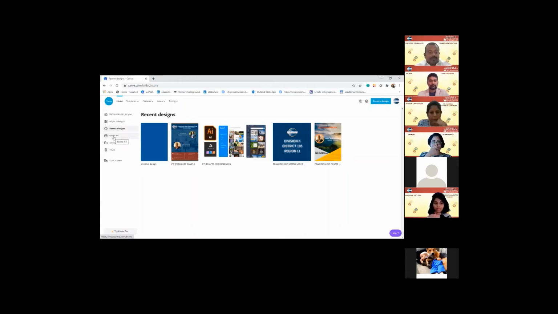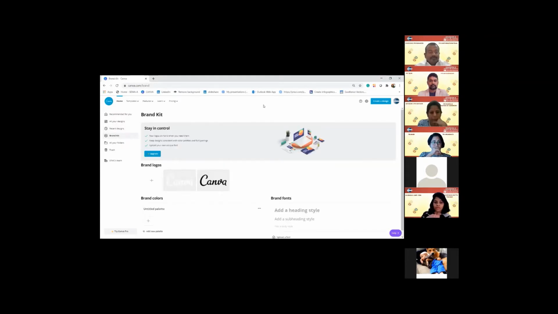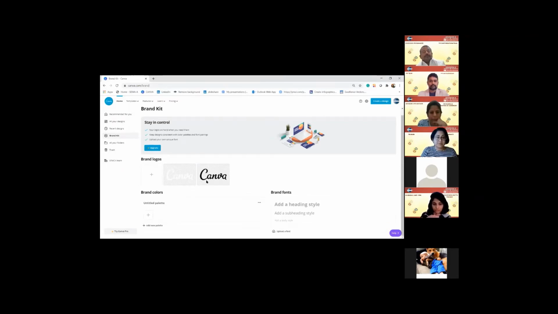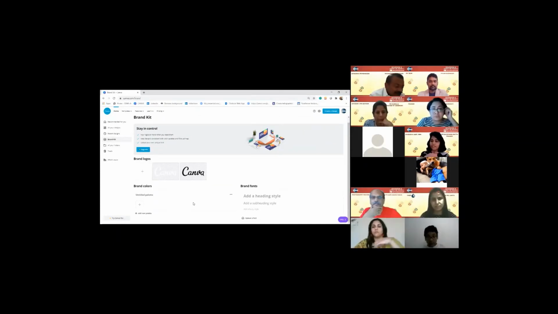Next comes brand kit. As Toastmaster Arundhati has covered a lot about the Toastmasters TMI brand, I would only talk about a few things over here. First thing we can do is brand logo. In the free version, you cannot upload the logo, but in the paid version, you can upload the logo. But another nice feature in the free version is you can upload the palettes. Have you all landed on this page? If yes, please give me a thumbs up. So that we can do the posters at the same time when I'm speaking.